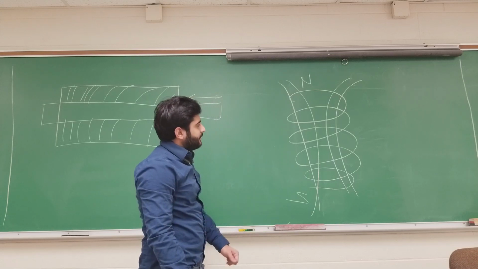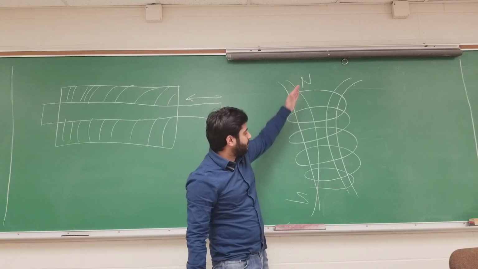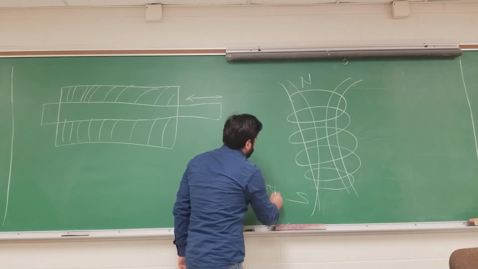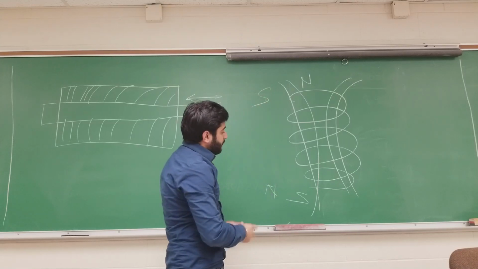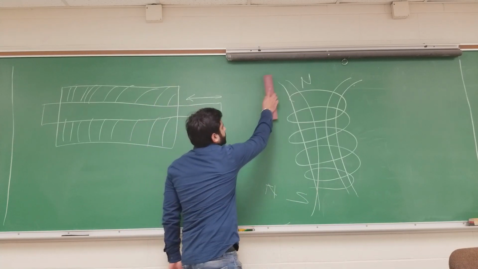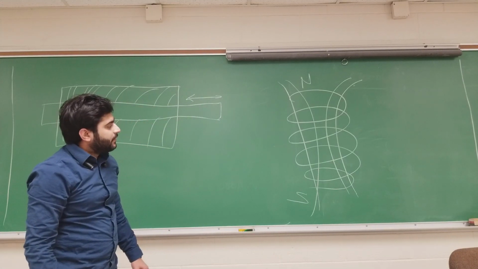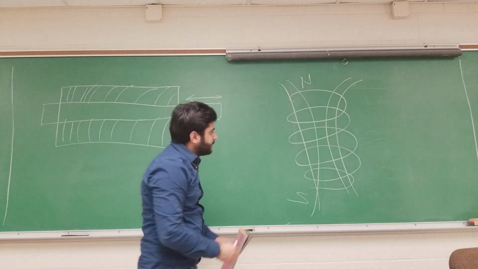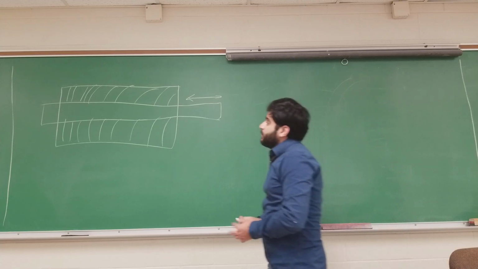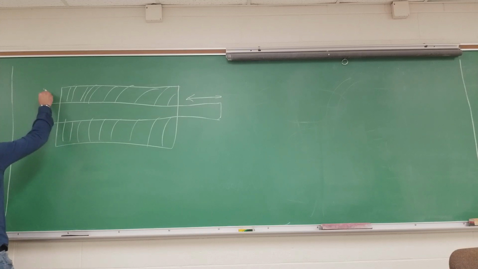And actually this is opposite of what it is inside. For instance, if we have north-south here inside the coil, then outside of the coil it will be south-north. But for now we are just concerned about the magnetic field inside the coil. Since a solenoid is able to produce two poles, when we pass a current through it, we have poles induced,